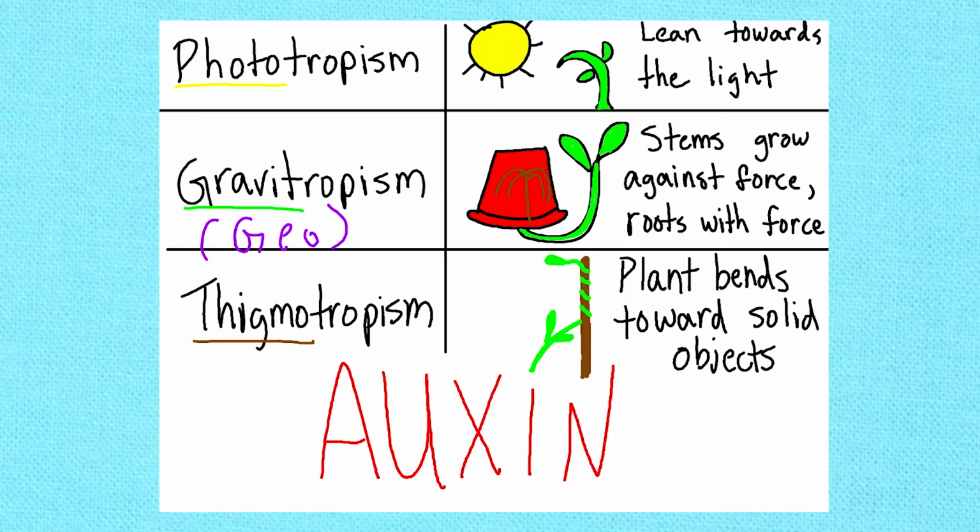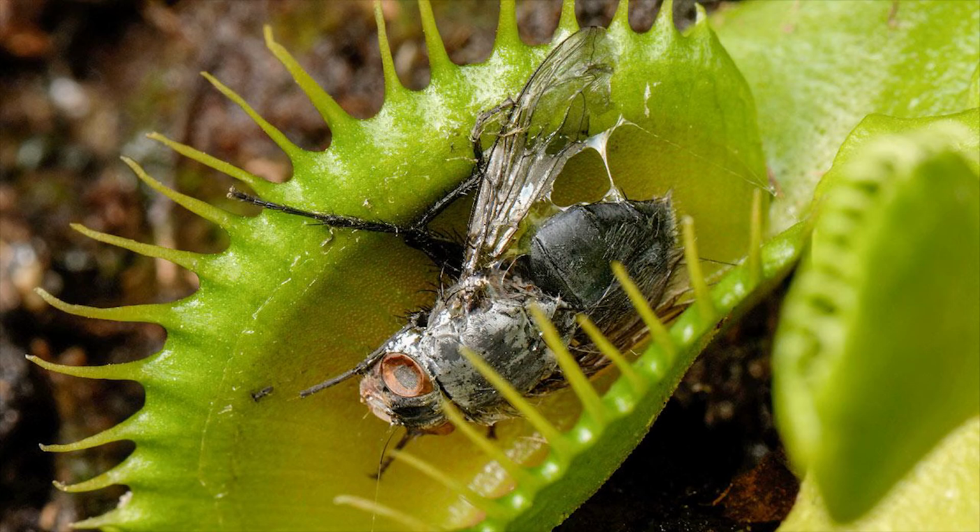Finally, you get thigmotropism. T stands for touch. Plant is going to bend towards a solid object or some kind of touch stimulus. It's responding to the touch. When a plant that needs to coil and vine hits something, it's going to wrap around it and climb up. When you touch a plant that needs to close, like a touch-me-not or a Venus flytrap, it's going to respond to that touch by closing. This is how a Venus flytrap catches a fly. It responds to the fly touching the little hairs and little stimulus responding cells inside the Venus flytrap,